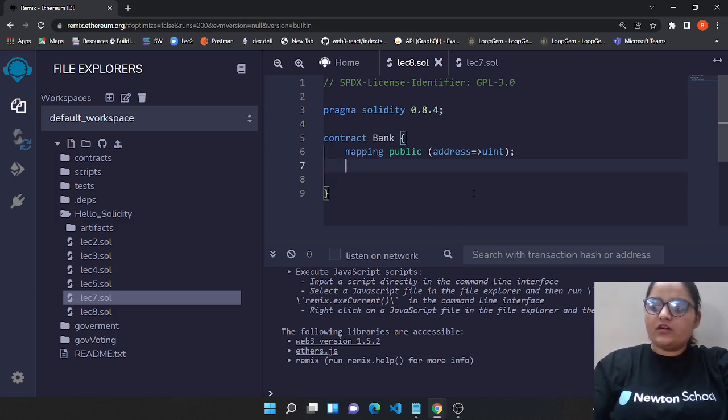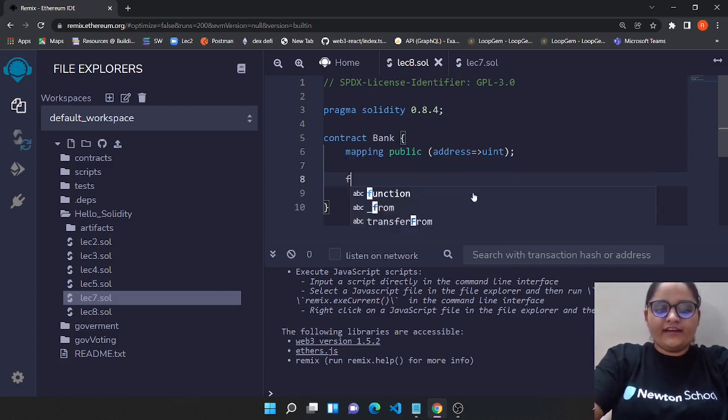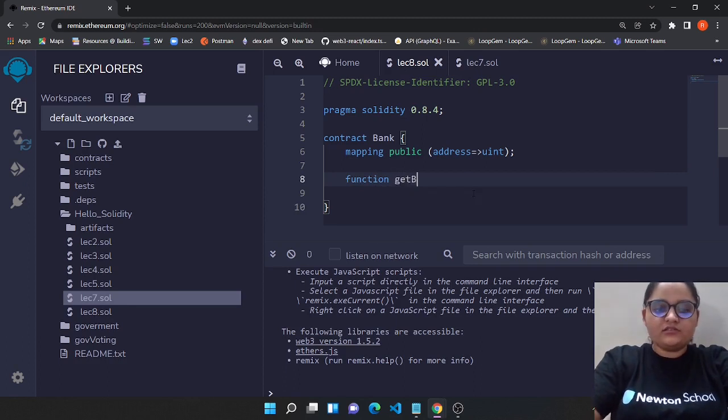Now we are going to first create a function that would help us to check our account balance. So, create a function, and this function would help us to get the balance. Let's call it balance, and it should return. It's a view function because we are not going to make any changes.